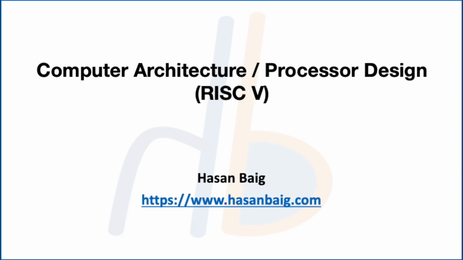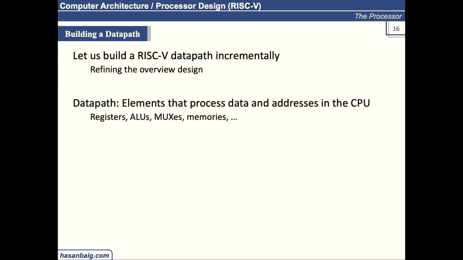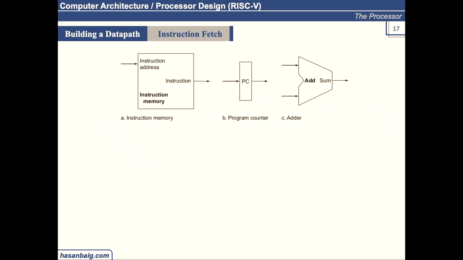Okay, so let's build this data path incrementally, but again you need to pay attention to the details. So first try yourself. We have already discussed this. These are the 3 components which you need to build up an instruction fetch data path. So put them in the right order, wire them correctly to build the same thing which we have just discussed: how to fetch the instruction and increment it by 4. Try drawing it on your own